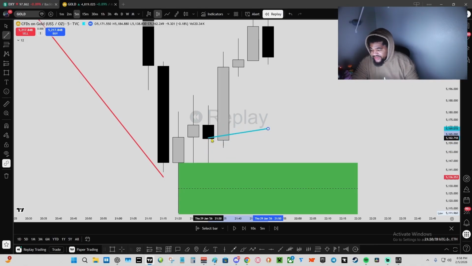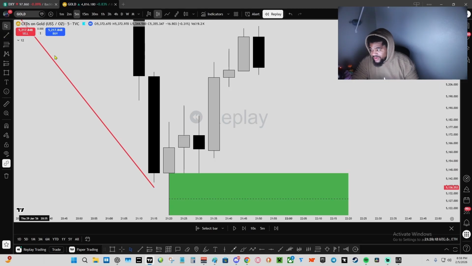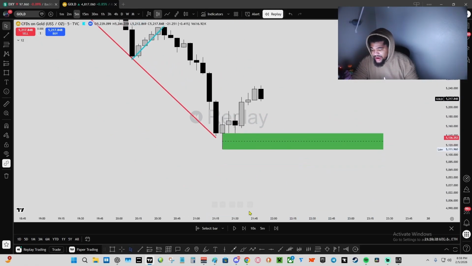We can see that the villains tried to come back into this area where they had originally gotten their power taken from them, but they weren't able to fully come back down into there. They were able to touch the area, but they weren't able to continue moving below this area. And ultimately, what we can see happened is that a very strong group of heroes stepped in, right? And they never were able to get back below this area.